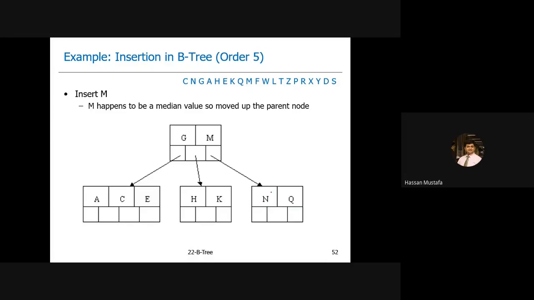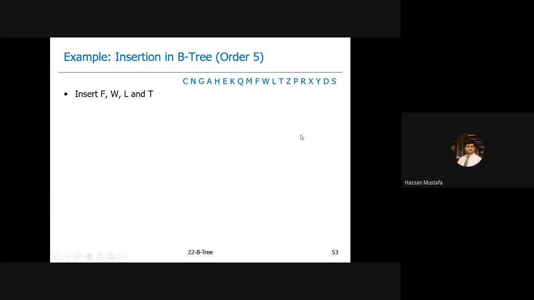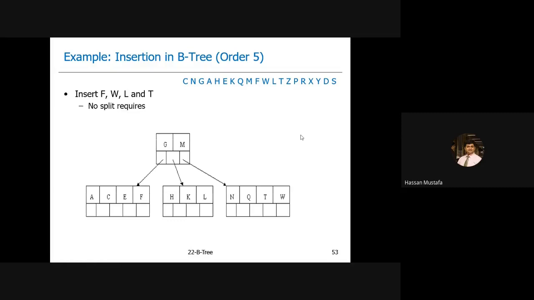Okay, so that's the split operation. Then after inserting M, we have this value F. F simply goes in this node, then W simply goes in the last node. L is the value that goes into the second node, and similarly T goes into the last node. So F, W, L, and T are simply adjusted into the already